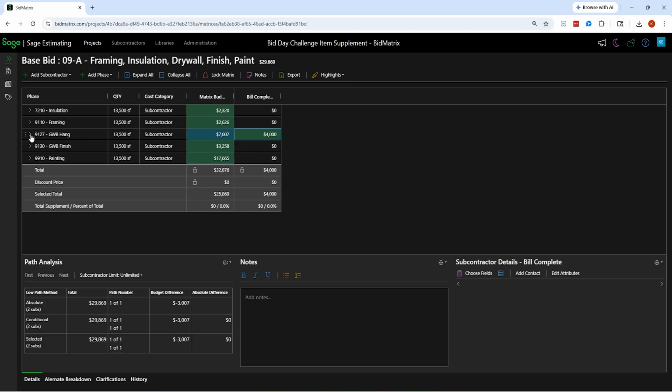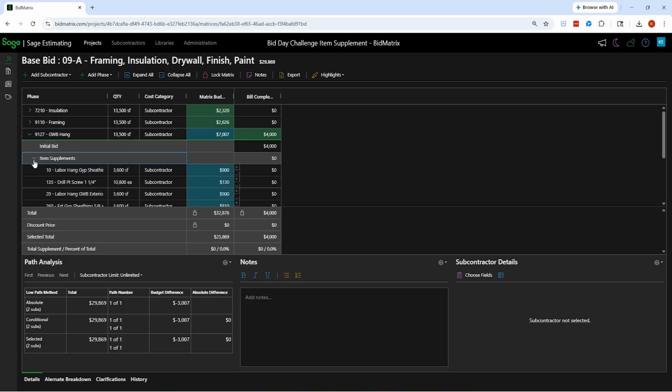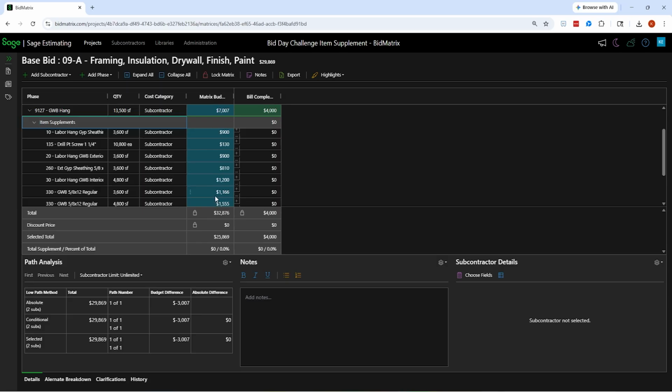So because I brought this detail over from an estimate this time, if I open this up, I can see the initial bid that we saw earlier. I can see the additional supplements where we went in last time and added some money for a widget that a contractor had missed. But this time I'm going to look at this item supplement, and this will show me all the line items in my estimate and what dollar amount I had on my estimate.